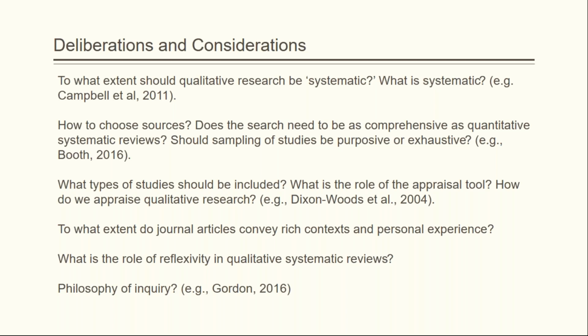So I want to end the talk with the discussion of some of the dilemmas and tensions within the field of qualitative systematic reviewing. So one of the tensions is around this idea of systematic. What do we mean by systematic? Most qualitative research is iterative and dynamic. Is iterative systematic? So for example, Campbell and colleagues in their evaluation of meta-ethnography said, and I'm quoting here, meta-ethnography